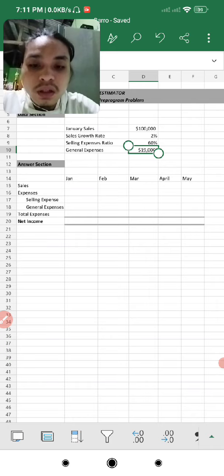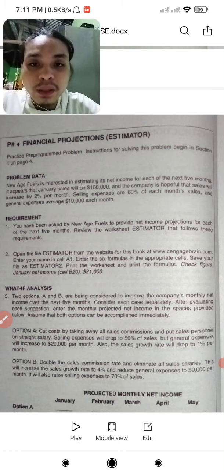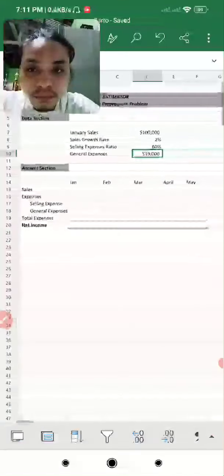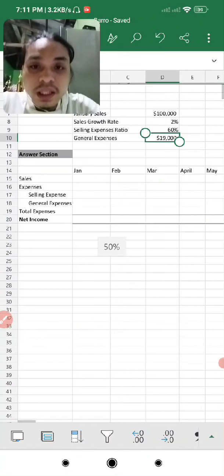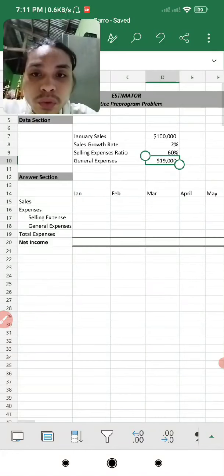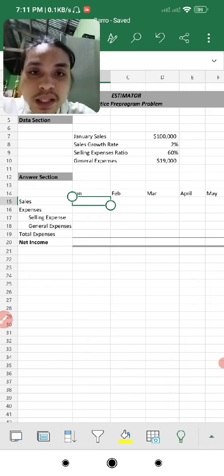$19,000. So in requirement one, we have been asked by a company to perform a net income projection for the next 5 months. So here, we are going to project the net income for the next 5 months. So how are we going to do that? We have to input the sales